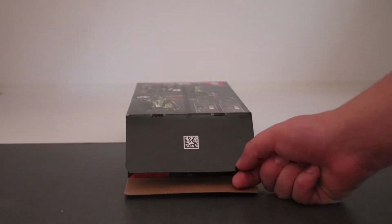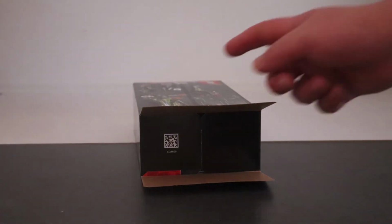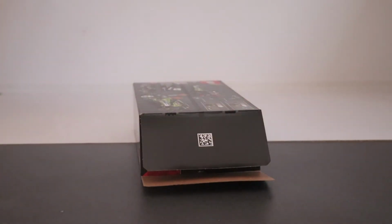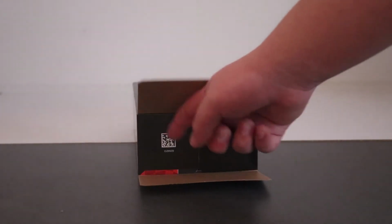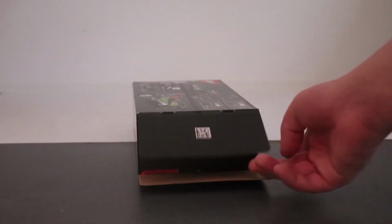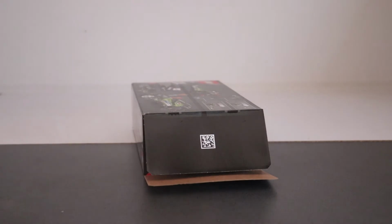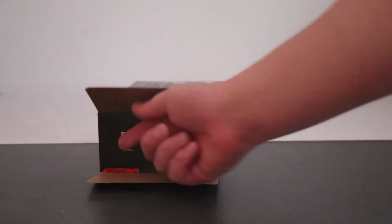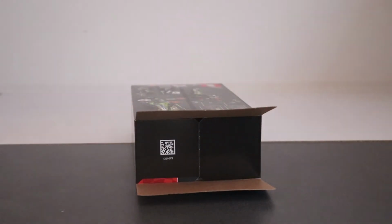Wow, we actually get two QR codes. One is on this side and the other one is on the left side. That is crazy. Oh boy, it has a QR code on this side and a QR code on the other side as well. Wow, it has two of them. That is crazy. But anyway,